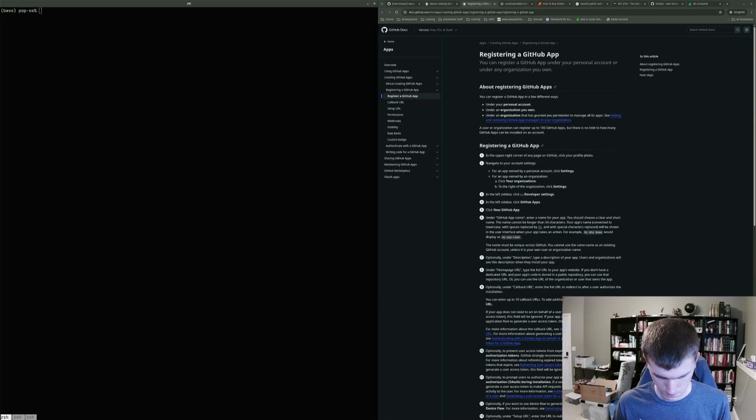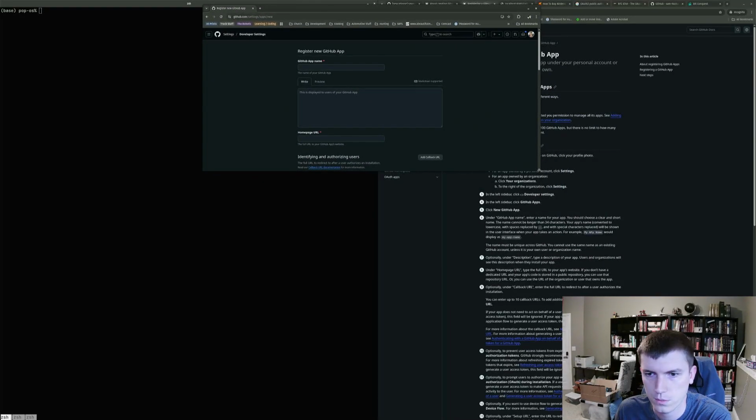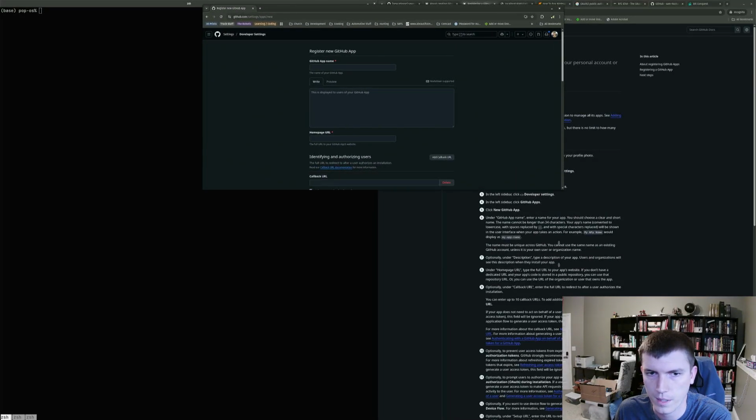Okay. All right. I don't think there's anything dangerous on this page. So we'll show it off real quick. So here's what it looks like to create a GitHub app.